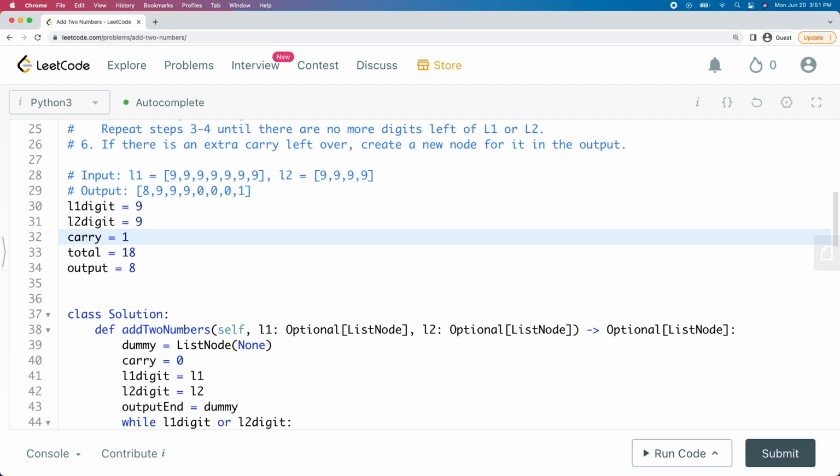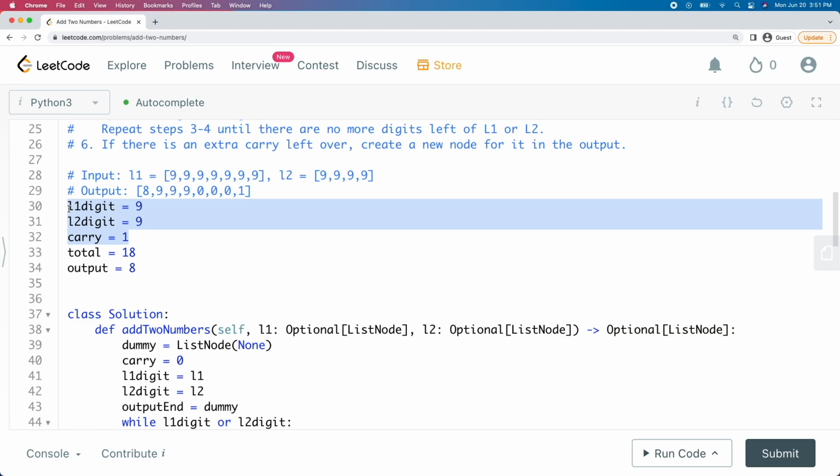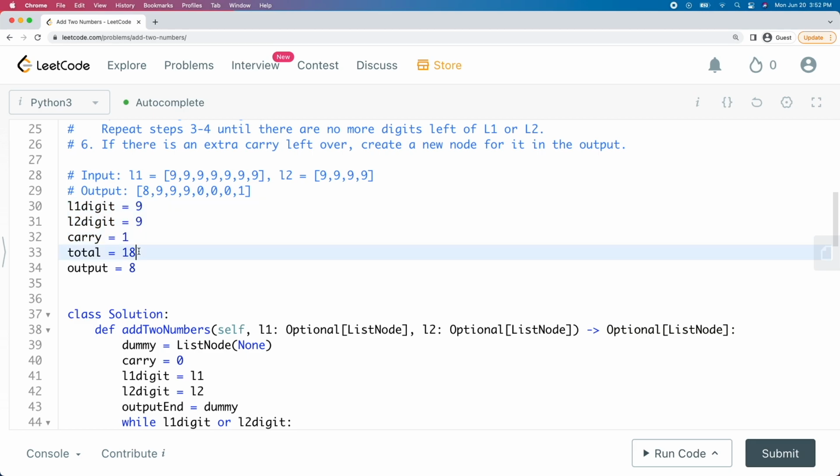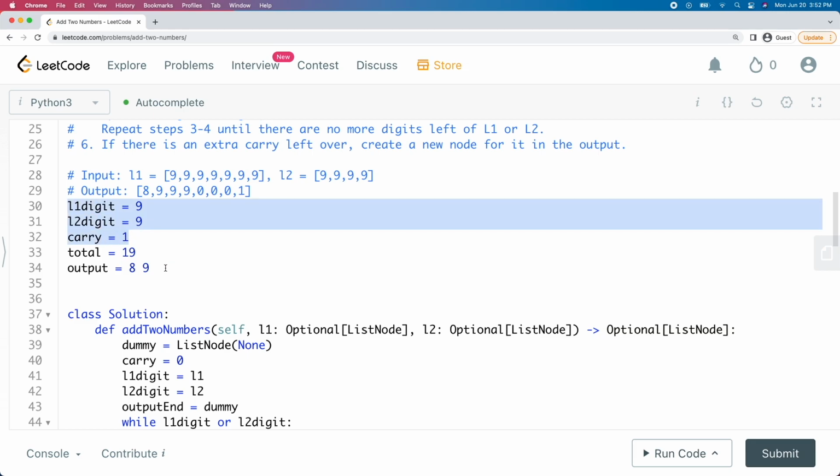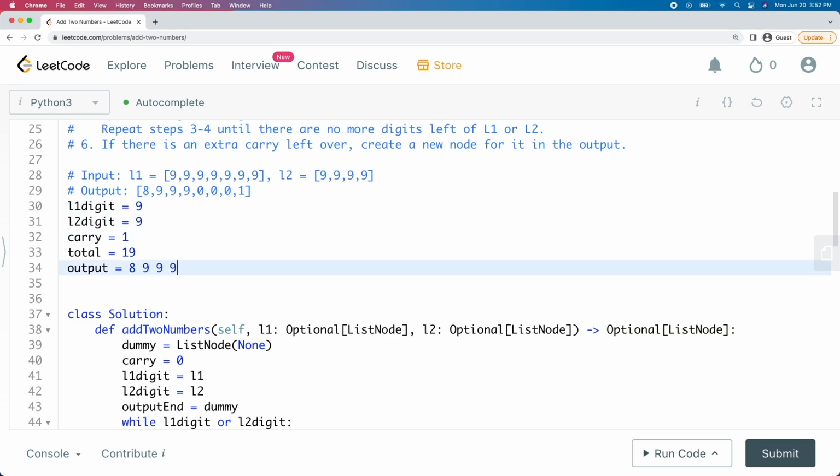In the second iteration of our while loop, the total value of L1 digit plus L2 digit plus carry is 9 plus 9 plus 1, which is 19. So the second digit we add to our output is 19 modulo 10, which is 9. And we update our carry variable to 19 floor divided by 10, which is 1. The same goes for the third and fourth iterations of our while loop, so we add 2 more 9s to our output list. By the fifth iteration of our while loop, we have run out of digits of L2, and